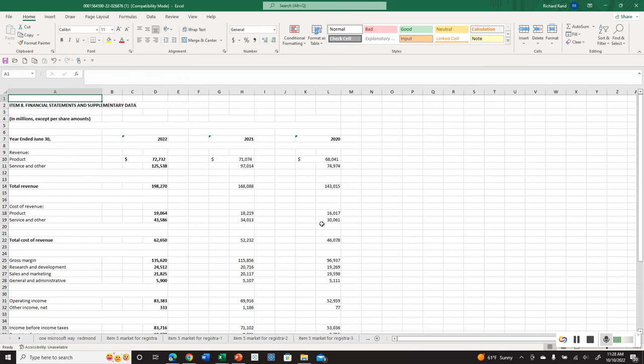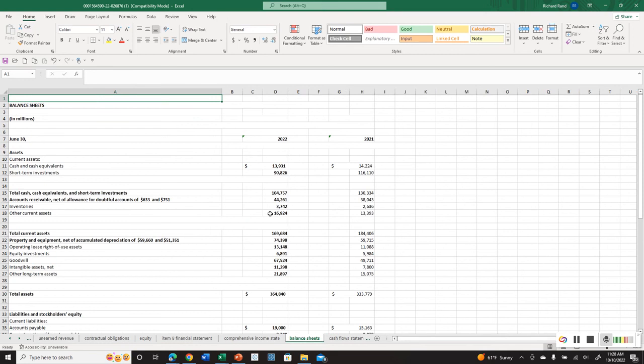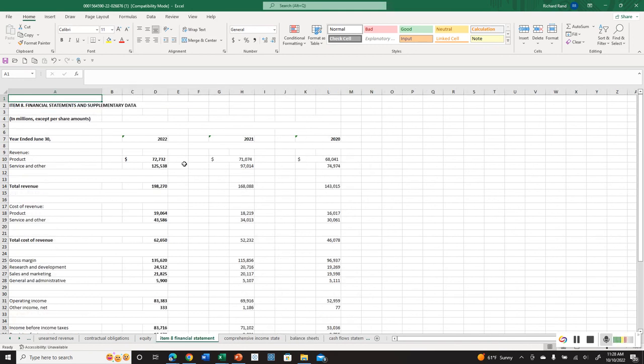but it looks kind of messy, right? It's not nearly as nice and neat as it was for Walmart. In fact, though, if I look at the balance sheet, it doesn't look too bad. The balance sheet looks kind of organized, but when you go back here, that doesn't say income statement on the tab, does it? But that's what it is. You have to hunt to find it. So with Apple or with Microsoft, it was much more difficult to find the information I was looking for than it was with Walmart. The final thing I want to show you is how to access this information if I am